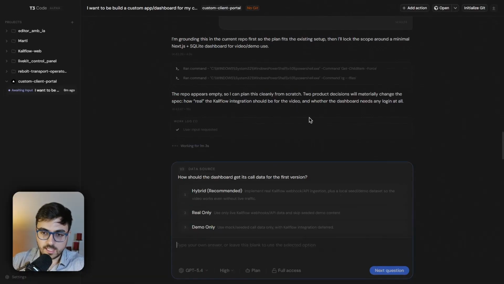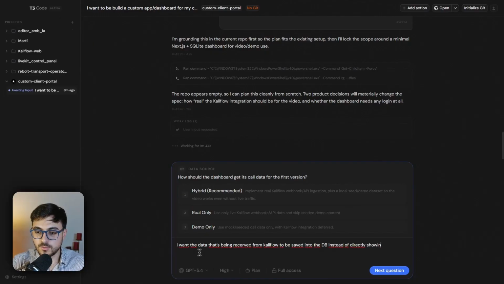Okay, but let's see what it is saying. How should the dashboard get its call data from the first version? Hybrid: implement a real CallFlow webhook API integration plus a local seed demo. I want the data that's being received from CallFlow to be saved into the database instead of directly showing the data from the